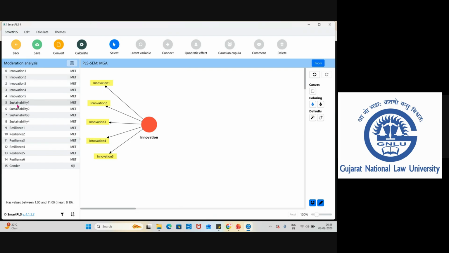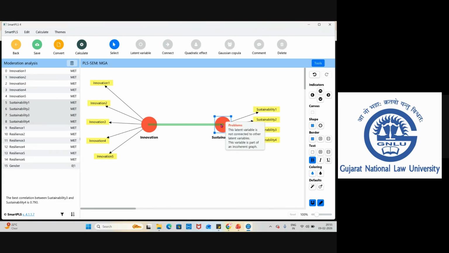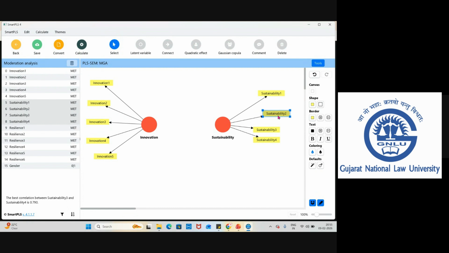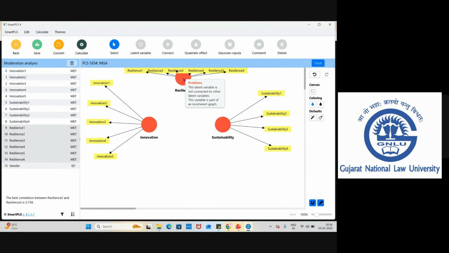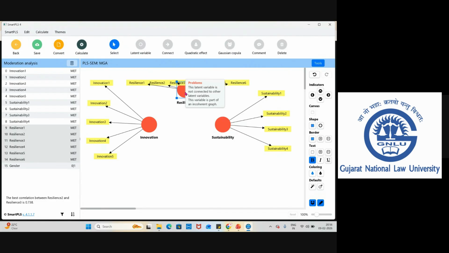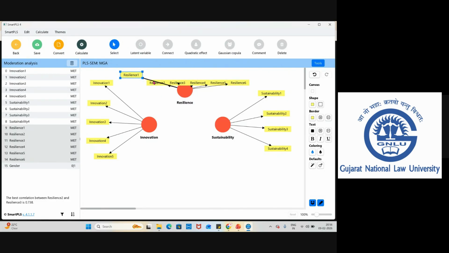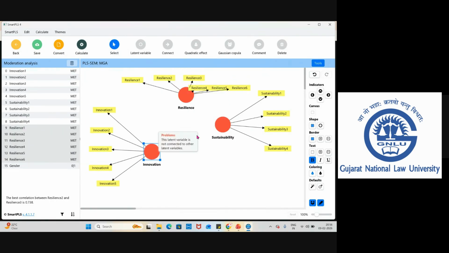Next one, I'm choosing the dependent variable, sustainability. We have 4 indicators. Next one, we have resilience, which is the mediator. Let me organize it here.